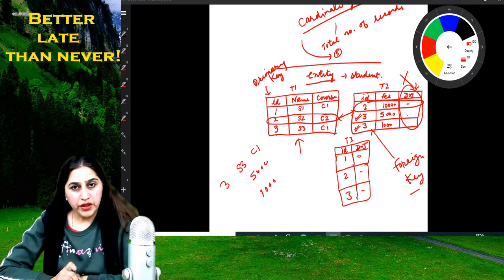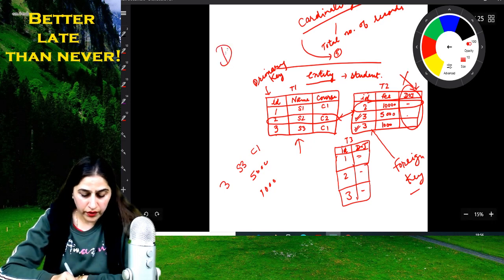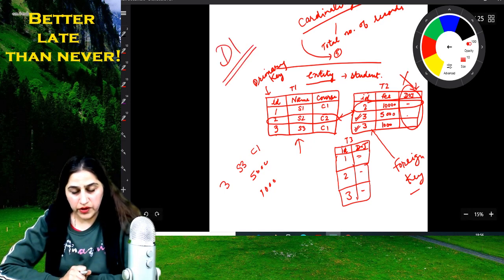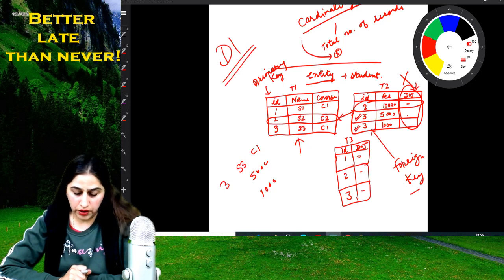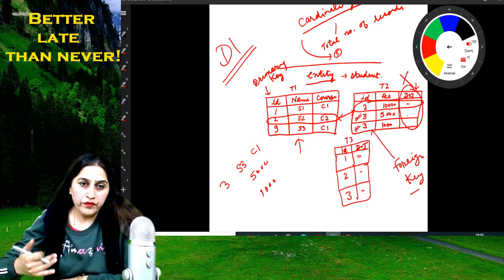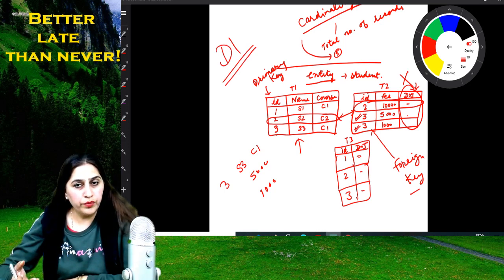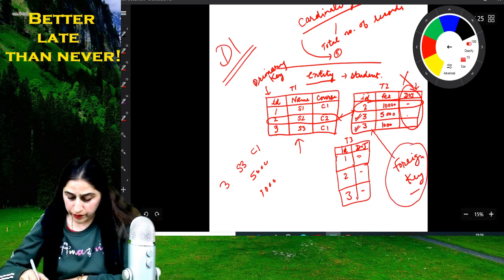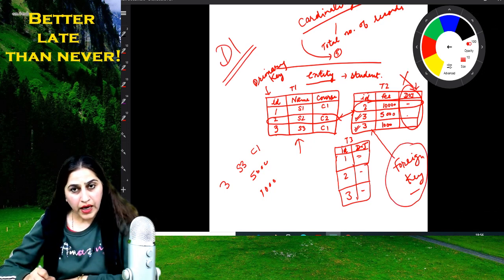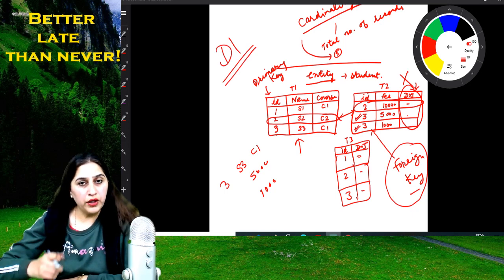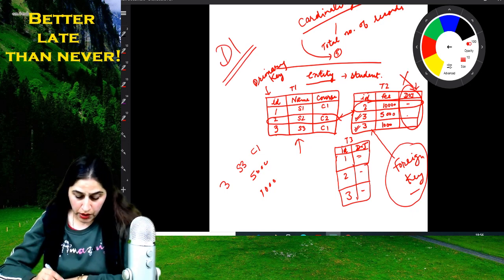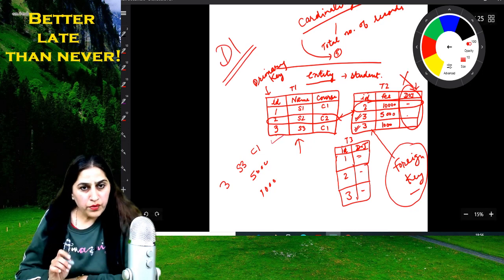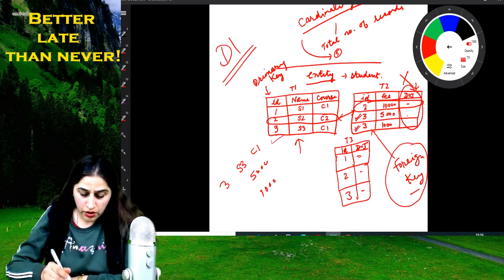Tables T1, T2 and T3 relate to a database. Suppose I have the name of the database D1. D1 database has 3 tables T1, T2 and T3. They all have their degrees and cardinality. We can add further more records and the cardinality increases. Now what is a foreign key? Foreign key can take duplicate values, but it is used to relate to a particular primary key in a base table. Primary key is the most important concept which you have as a base.